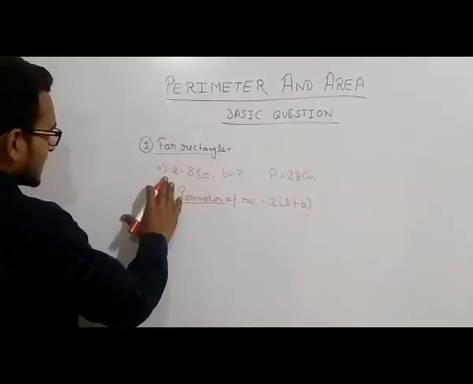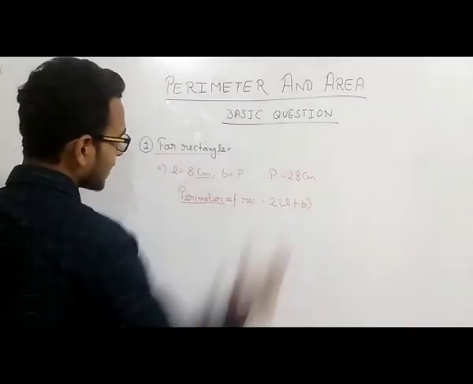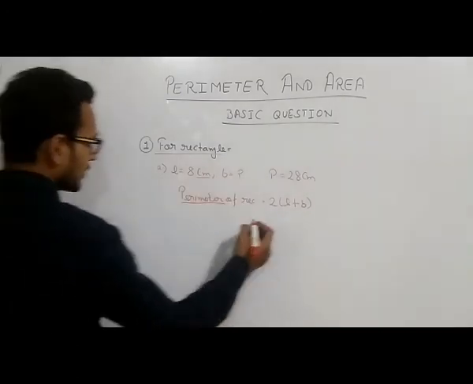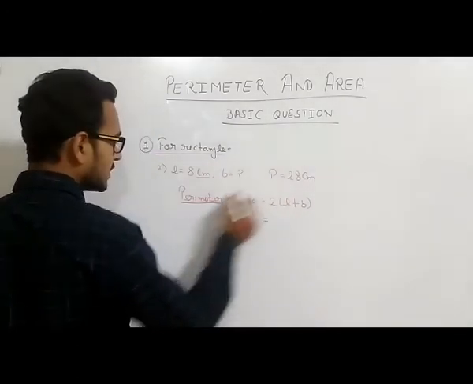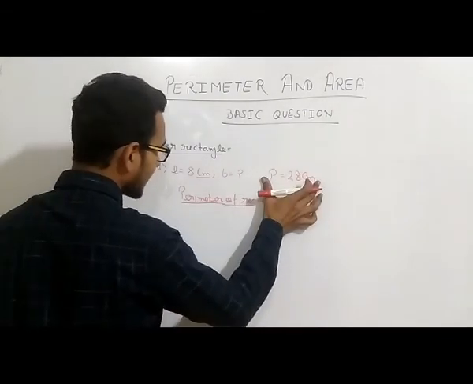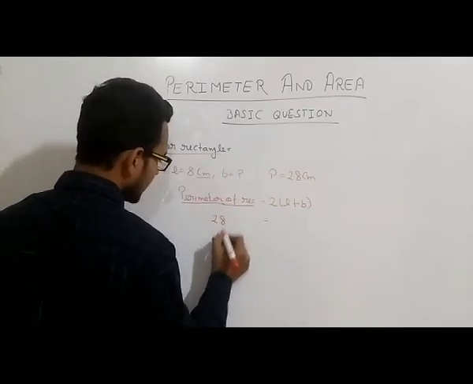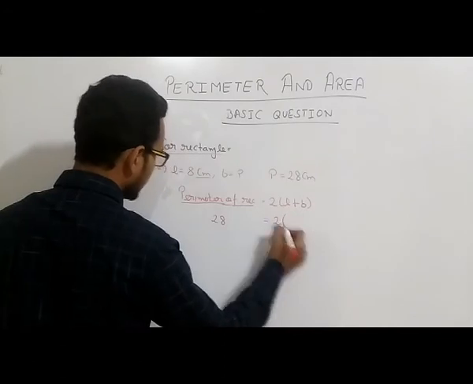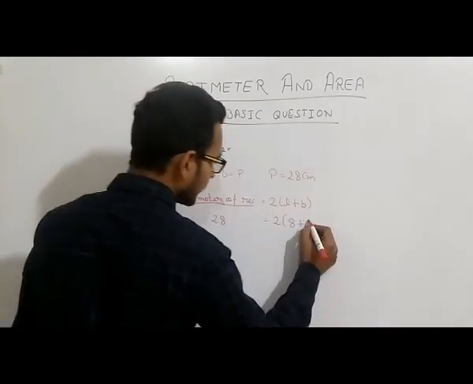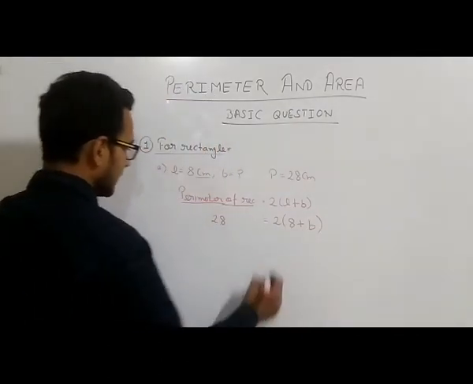So what is the perimeter? In the next type of question, the breadth is the question mark. In the first type of question, the perimeter was the question mark, and here the breadth is the question mark. How do we find the breadth of the rectangle? Put the values. Here the value of the perimeter of the rectangle is 28. So put this perimeter value there: 28 equals 2 into (8 plus b). The value of length is 8, and the value of breadth we don't know. We have to find the value of breadth, so we write breadth as b.